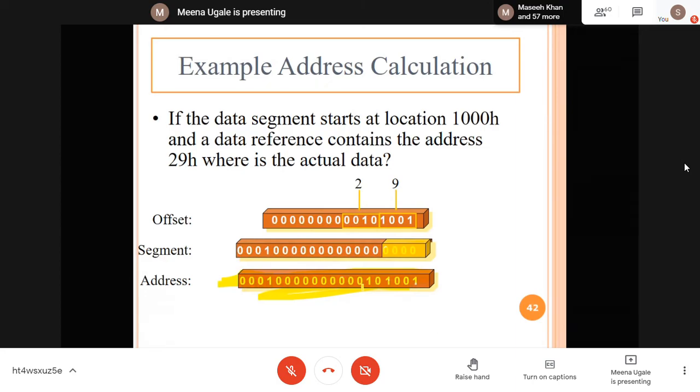Now, if I want to find out any particular bench number, how can I go for that? If any student is sitting on some bench number 5, in which column this bench number 5 is there, that you can find out with the help of this offset and segment.